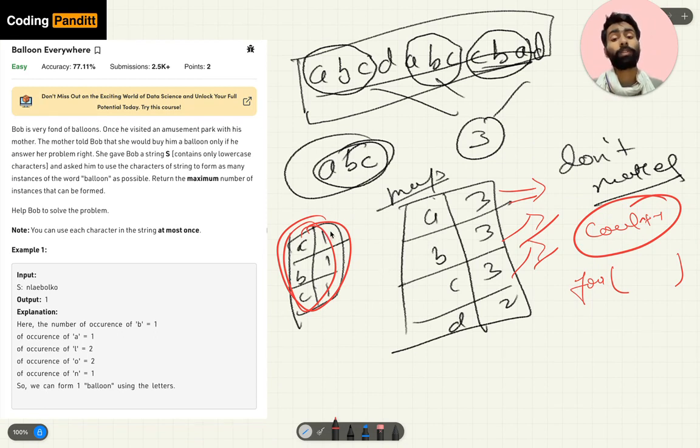If any of these becomes 0, then no word can be found. So we will stop the counter and return it. So let's start coding for the same.